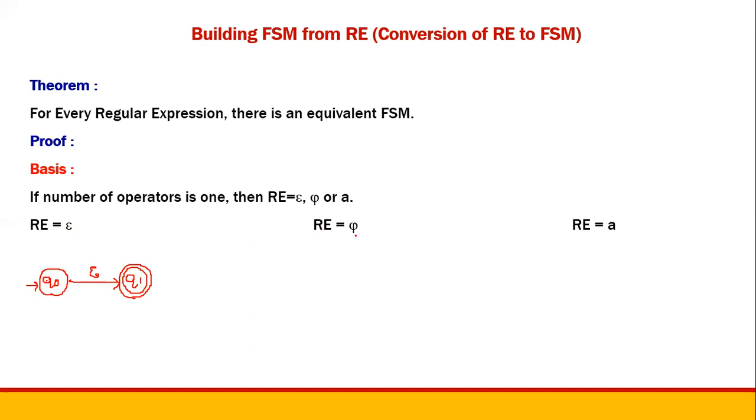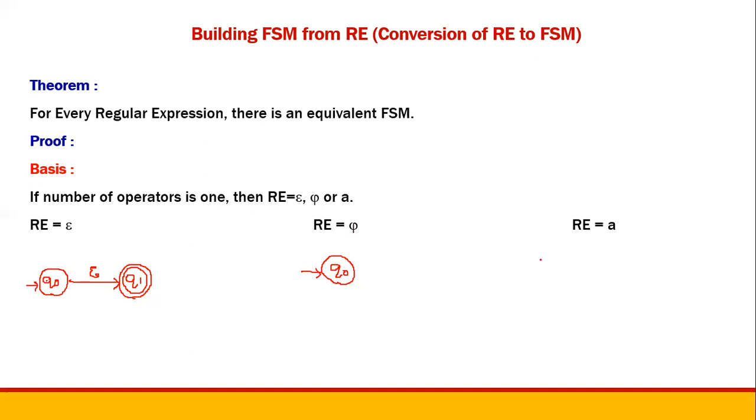Let's have null. You know what is null here? Okay, so regular expression is equal to null means the language, it is an empty language. We call it as an empty language. So once it is an empty language, we will not have any final state. So we will just have the start state and nothing is happening on that. So this is the FSM, the converted FSM for the regular expression null here.